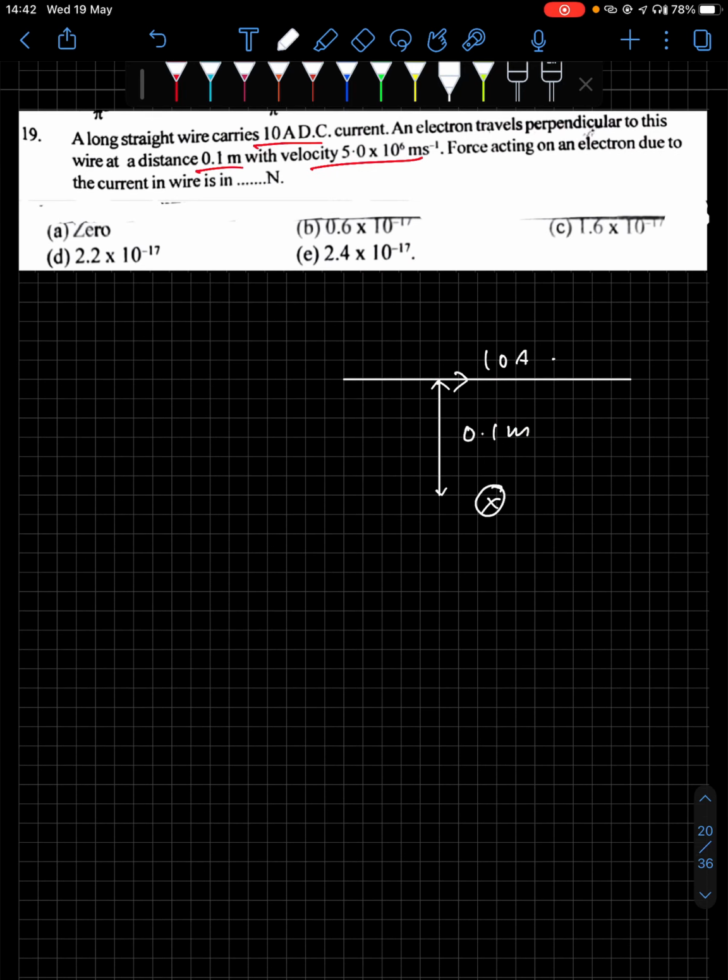Now if the magnetic field is entering and the charged particle is going perpendicular to this wire, say you can consider that the charged particle is also entering through this point, right? Then the alignment is perpendicular to this wire. In such a case, it is parallel to the magnetic field. So when a charged particle enters parallel to the magnetic field, the magnetic force acting on it is 0. Therefore F is equal to 0.